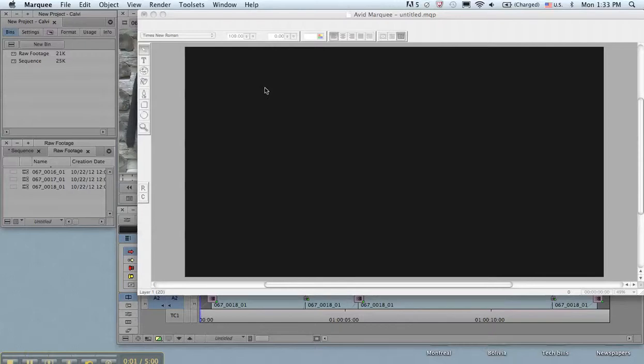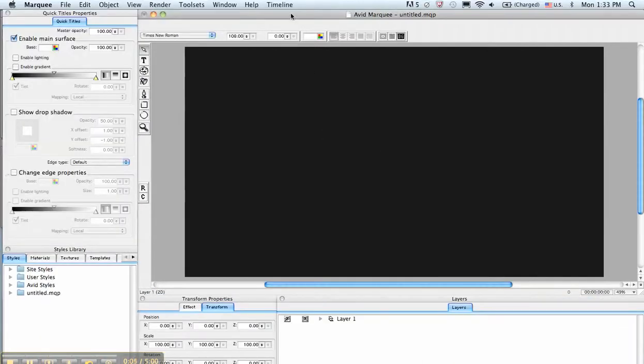Now, Marquee is a different, separate tool than Avid, but in its function it's very similar to Photoshop and some of the visual programs that you use to work on images. So it's not going to be too complicated to wrap your head around it. This is your display window, and usually what Marquee does is select the first frame of your movie